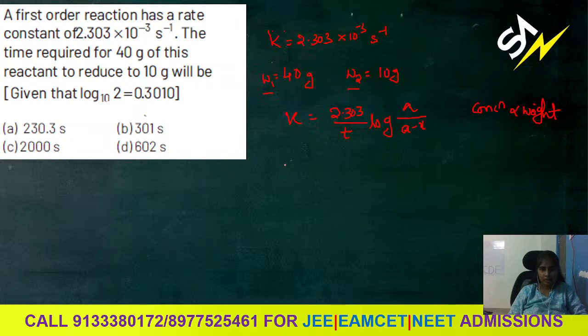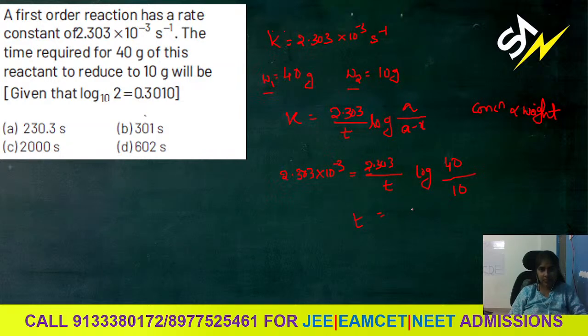So what is K value? K value is 2.303 into 10 to the power of minus 3. That is equal to 2.303 by, we need to calculate time itself. So log of A. In place of A, initial weight, that is 40 grams is taken, and in place of A minus X, final weight, that is 10 is taken. If we solve this